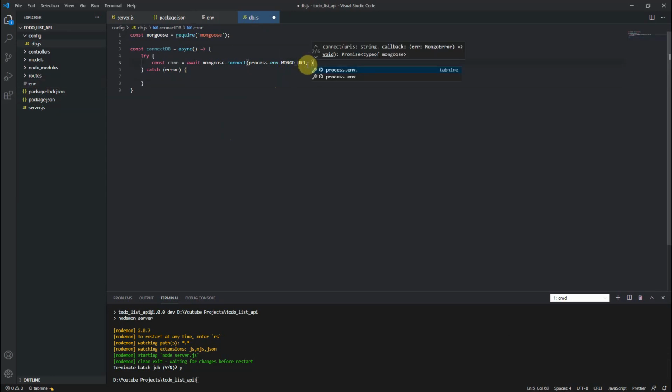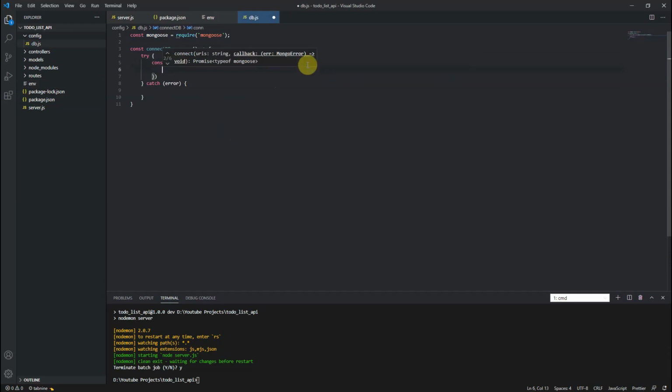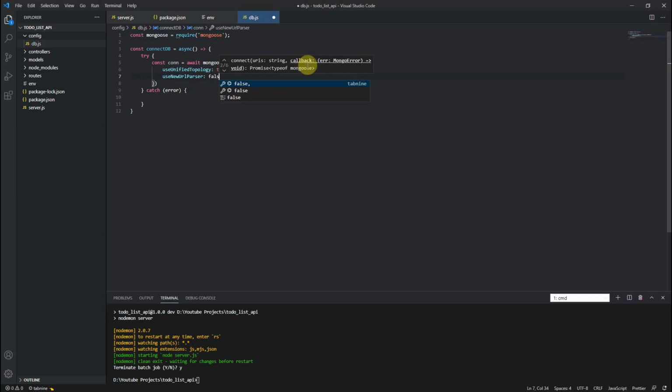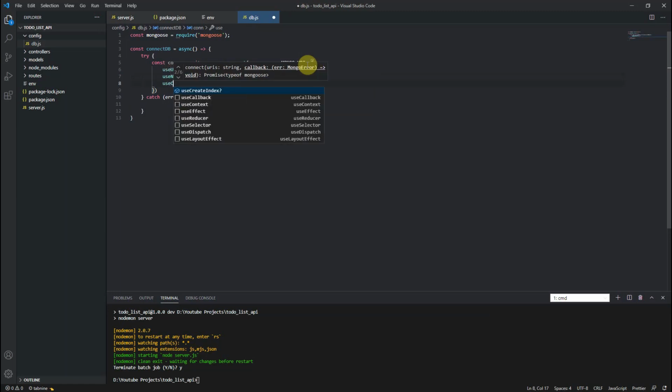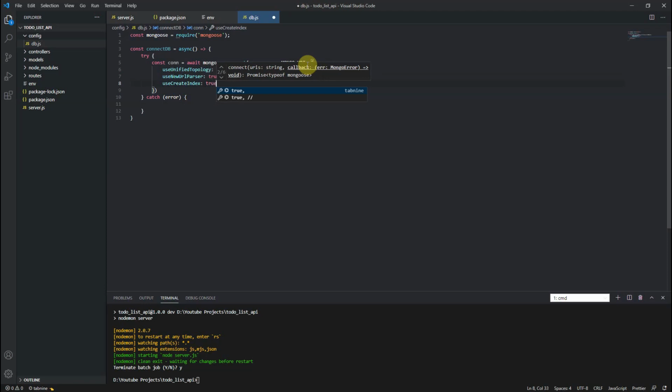Second, in a JSON object we need to pass some options with values, like useUnifiedTopology is true. Another thing, useNewUrlParser should be true. Another thing we need to pass, useCreateIndex, should also be true.